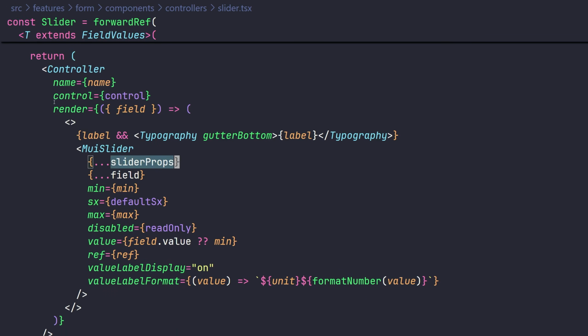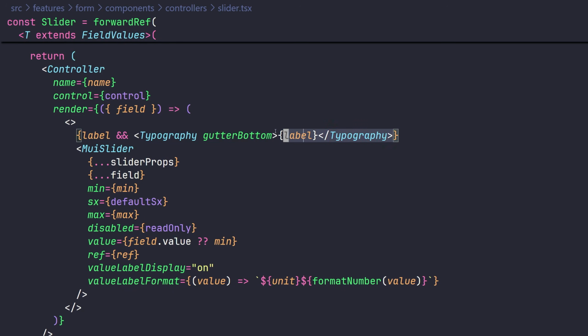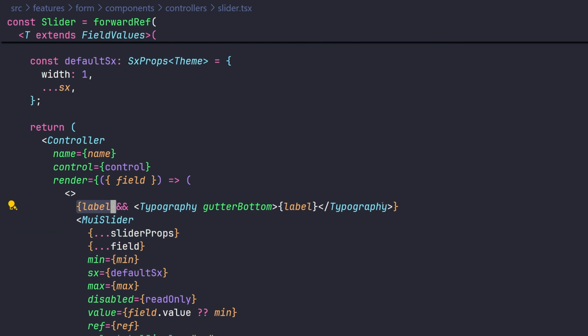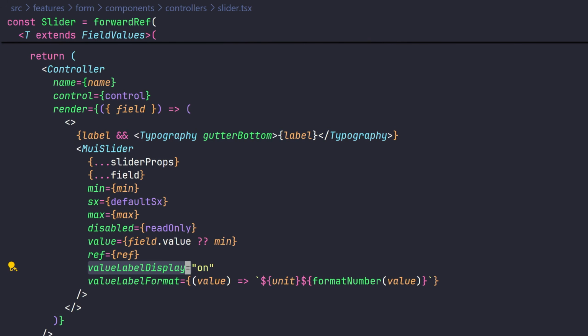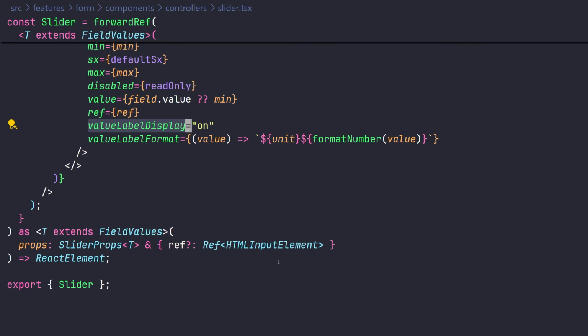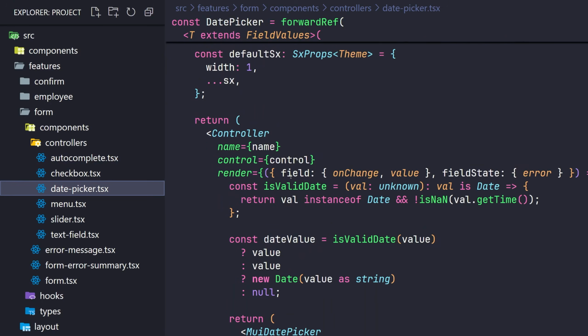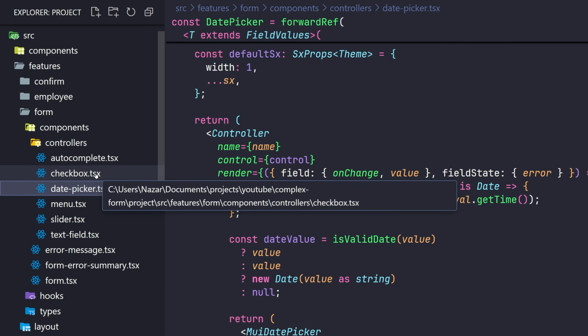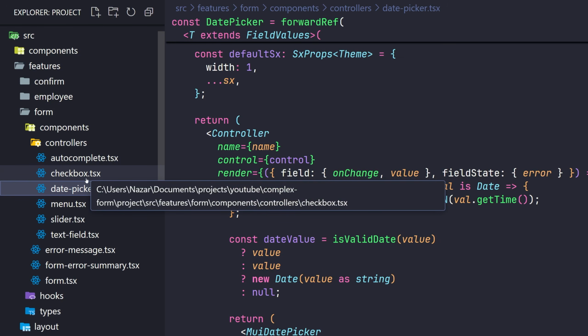And inside the render method, we are going to show whatever we want for our component. For example, I really want to add the name of our form field above the slider here. So if the user provides the label here, a simple text will show up above the slider. Also, I always want to see the currently selected value on the slider, and so much more, which is your preference. The same applies for all other components here, and you can see them for yourself. They're mostly similar to each other, and you can also extend these controllers to your needs. You can add or create wrappers and controllers from other UI components and even other components, checkbox, autocomplete, and so